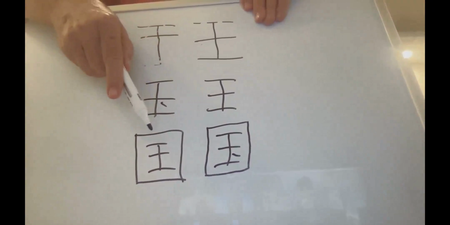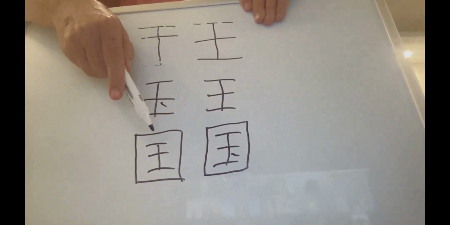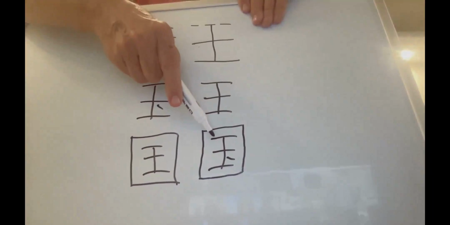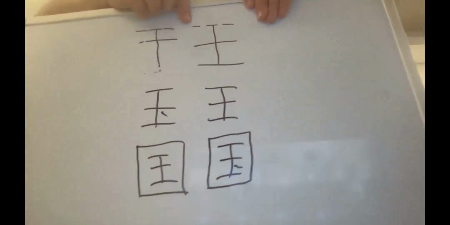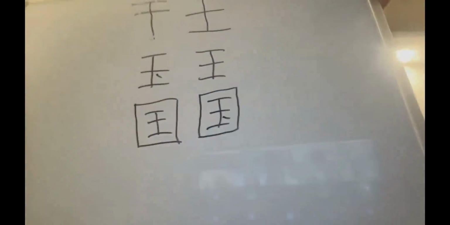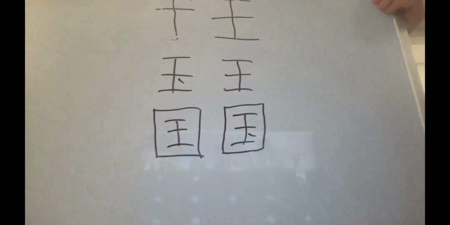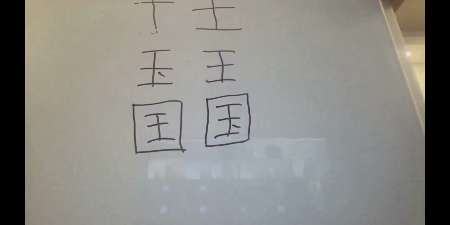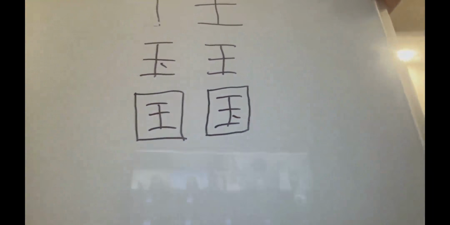He said, China does not have a king, but China is very rich, so we'll put some jade in here. So that's a story. Probably not true, but it's a story. 好，明白，谢谢。